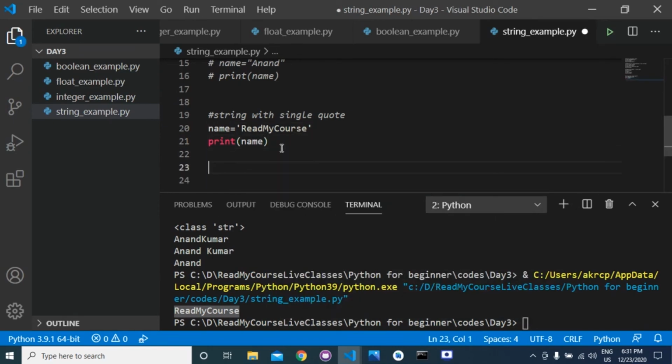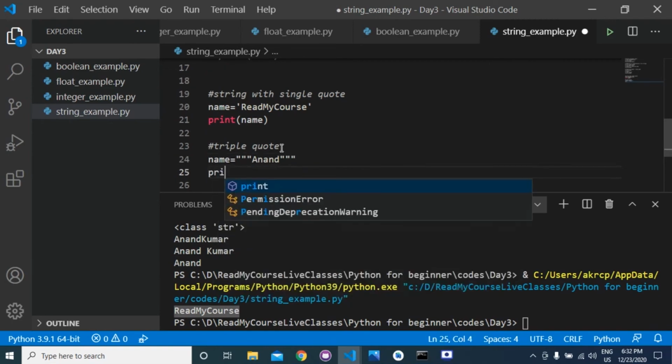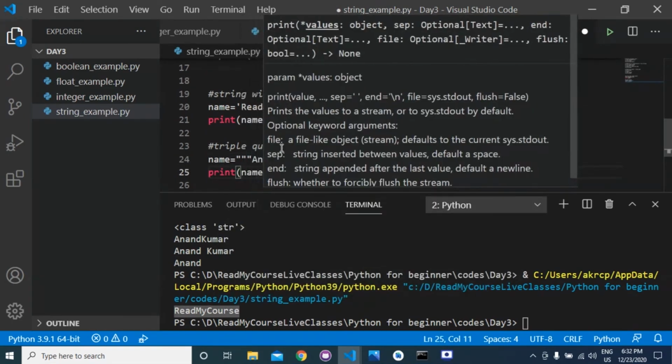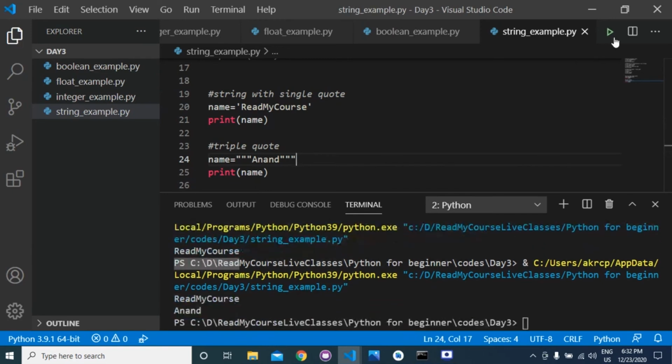I have given the triple quote example. Suppose you want to use triple quotes. I am giving name is equal to this. Again, it is correct.